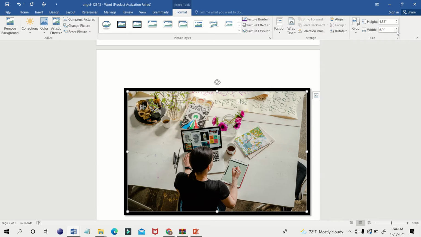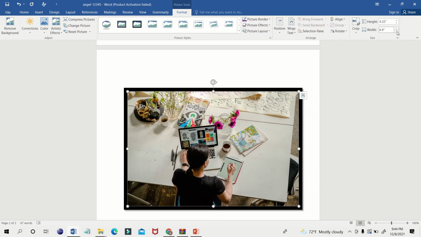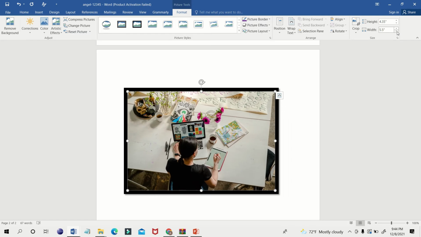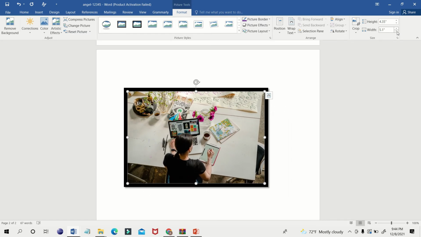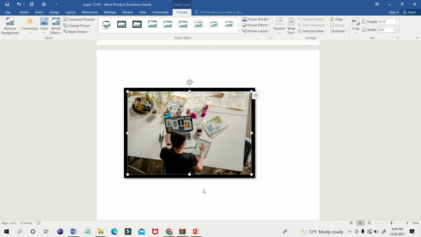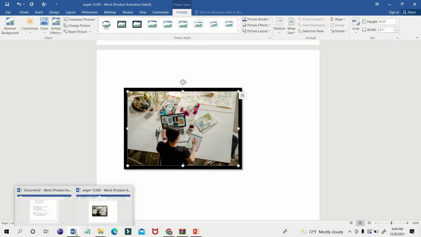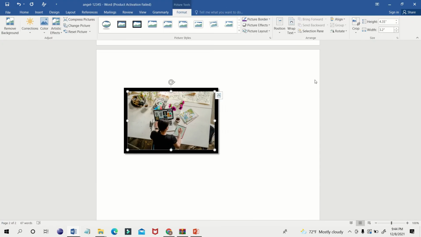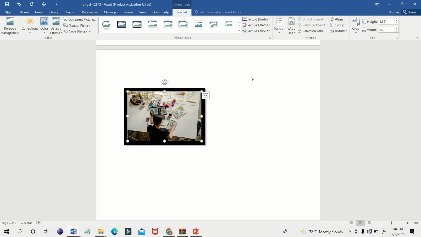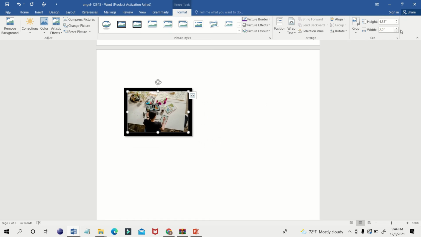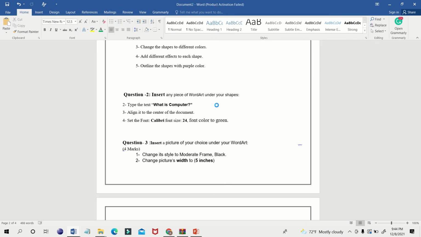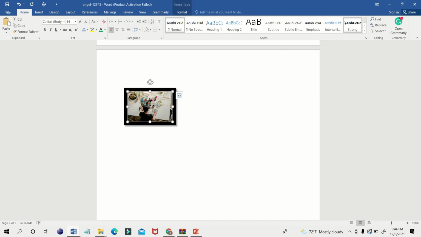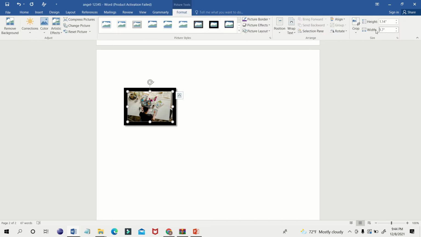Okay, 5 inches. Okay, and then what is given? Oh, it's reducing. It should be 5 inches. What happened to my computer? One minute. It reduced to 1 point.